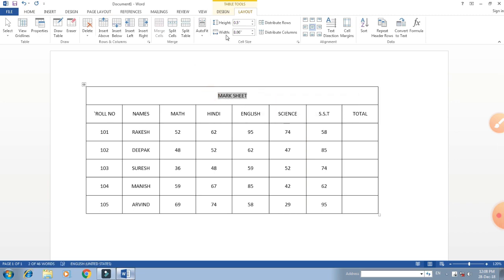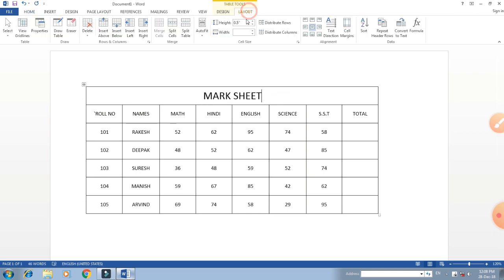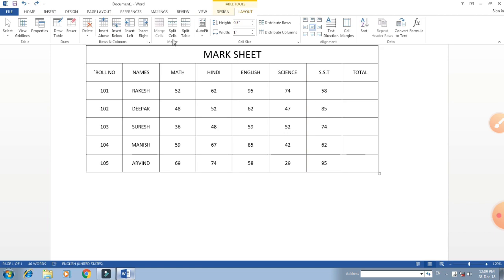And now we can write here, mark sheet, and we can increase or decrease the font size of the text here. So this way we can merge cells. Merge cells merges all cells into one here. So this way, students, we can merge here.